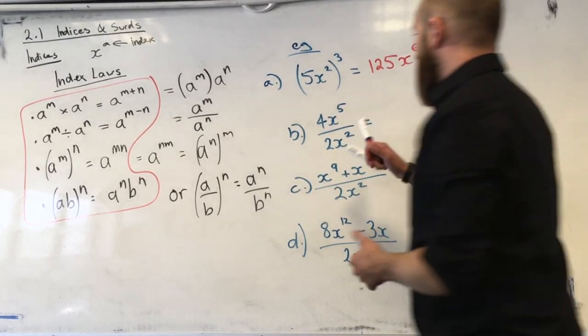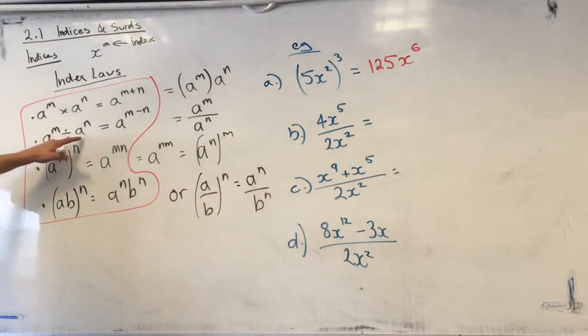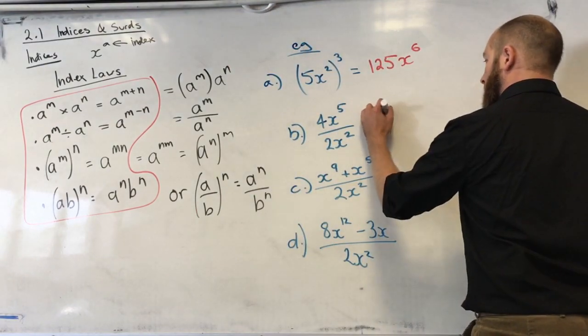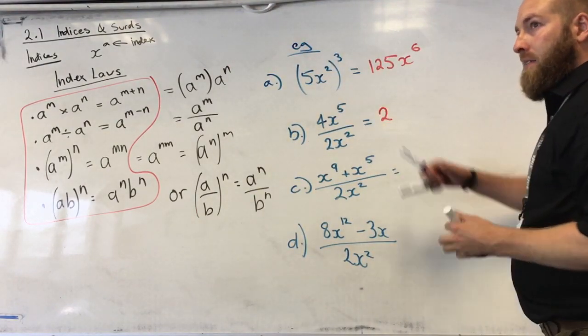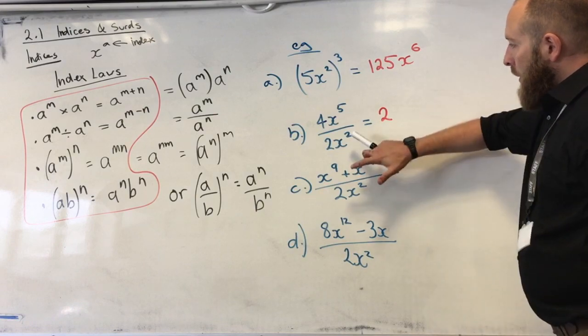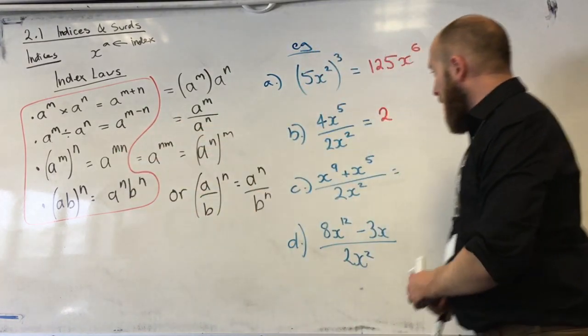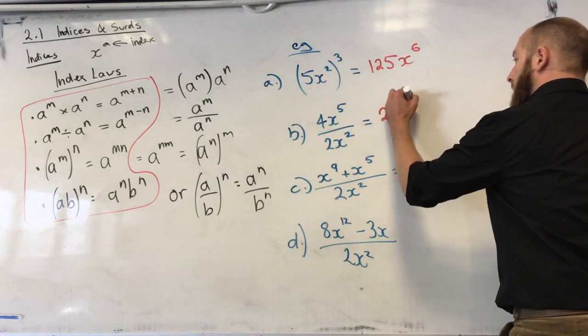Next one, we're looking at dividing our powers. So first of all, 4 divided by 2 is 2. So let's sort that out straight away. And then we've got x to the 5 divided by x squared. So we're going to subtract those powers and get x to the power